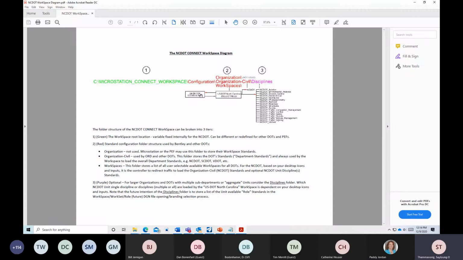It pulls on your desktop icons. When you select the North Carolina workspace, it goes to the NCDOT standards and it goes to the unit standards here. So keep in mind, this is a configuration variable, and we define that here in our